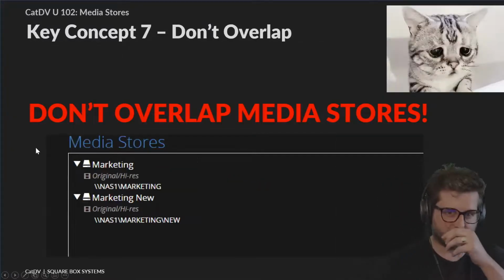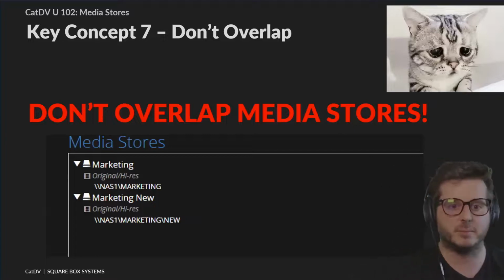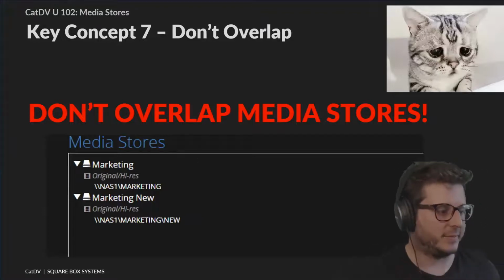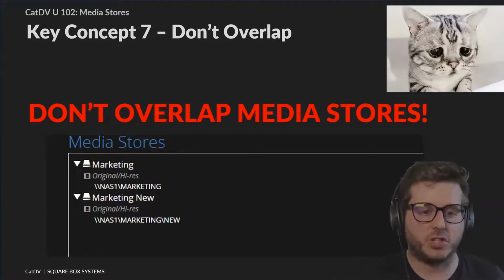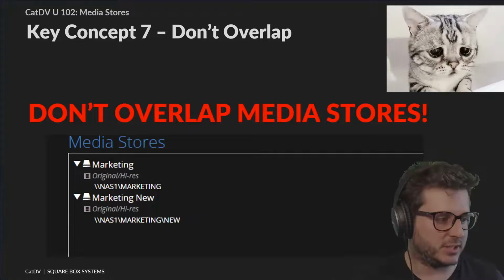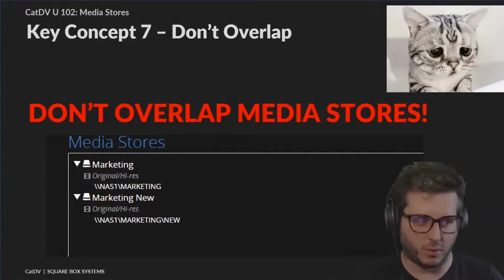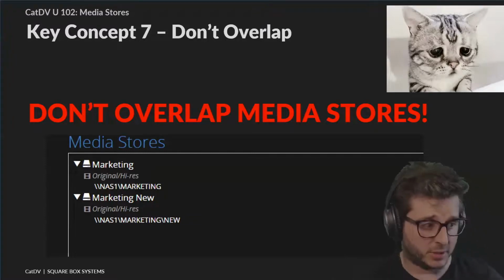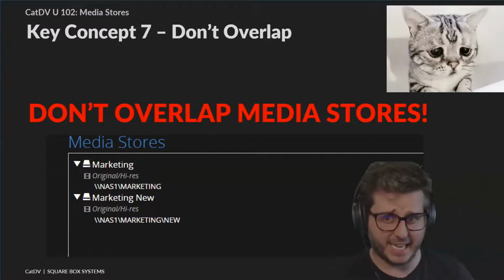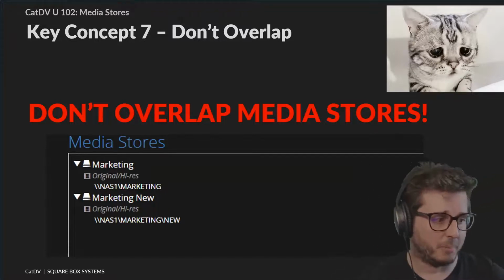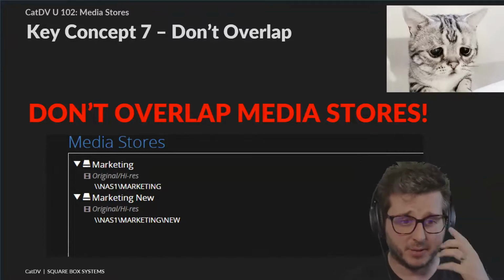And finally, I think it's final, I hope it's final. Key concept number 7 is don't overlap media stores, and this is a big health warning. The logic that makes these media stores work needs to be able to narrow down to a single media store and say this file belongs to this media store. So the configuration that I've created here is ambiguous. All my content was in NAS1 marketing,